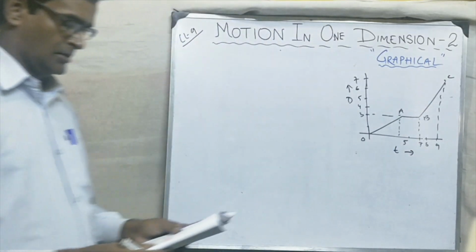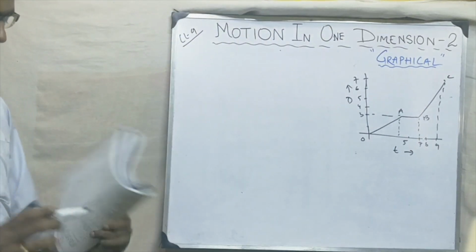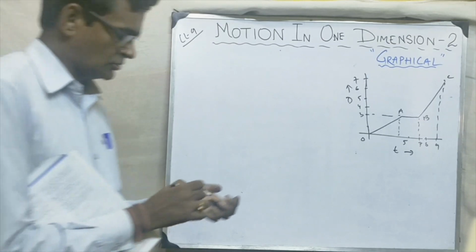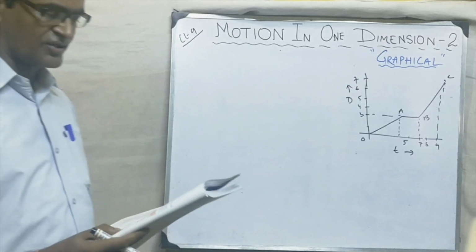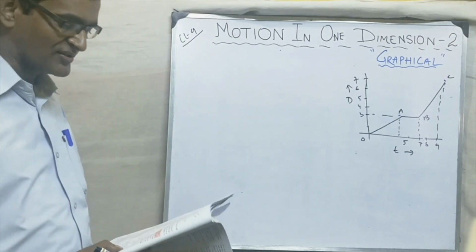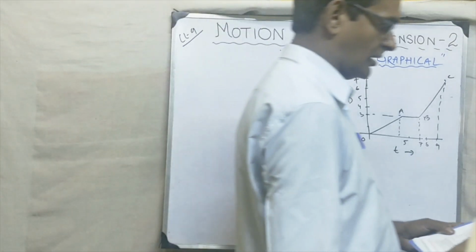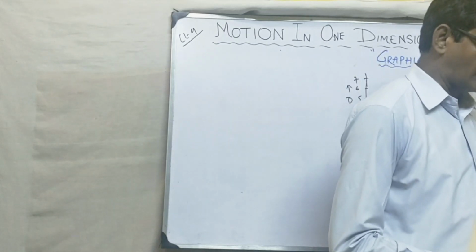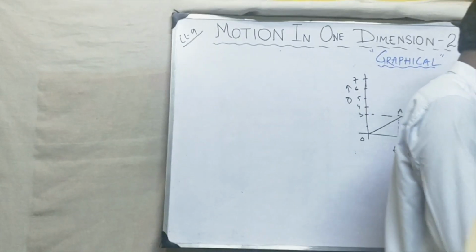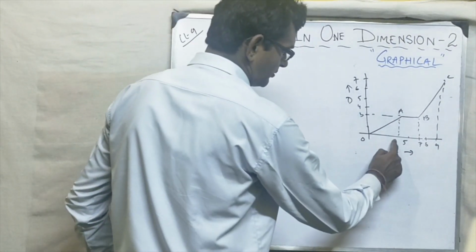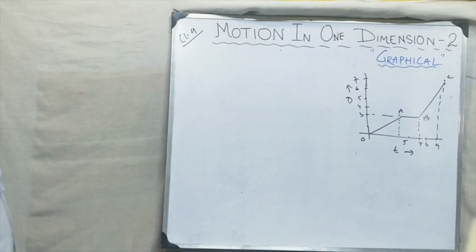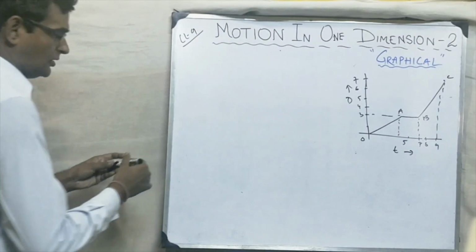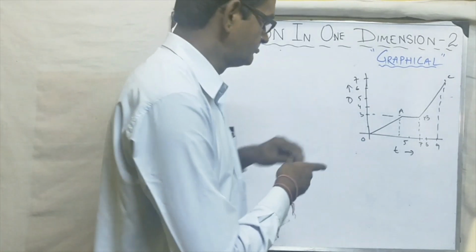Now from this displacement time graph, they have asked to find what? Let us see what they have asked. Calculate the velocity of the body as it moves in the time intervals 0 to 5 seconds, 5 to 7 and 7 to 9. Okay, very good. Means the velocity from here to here, here to here and here to here. So first part, what will you do? How to do it? I told you.